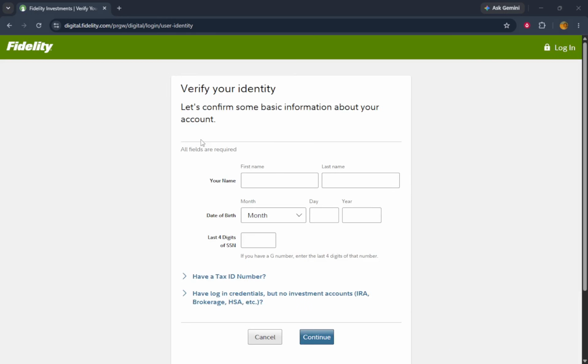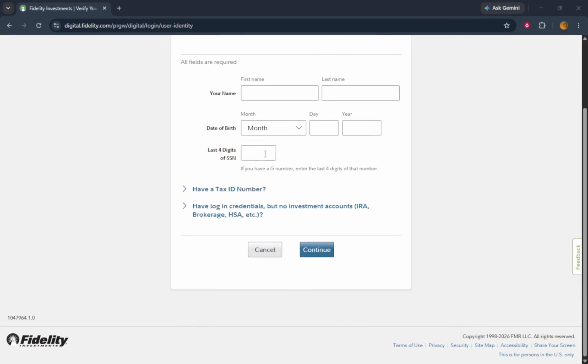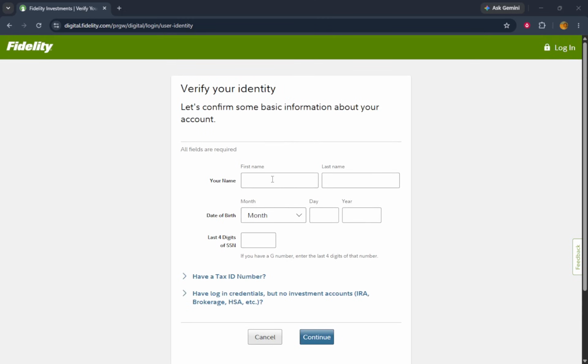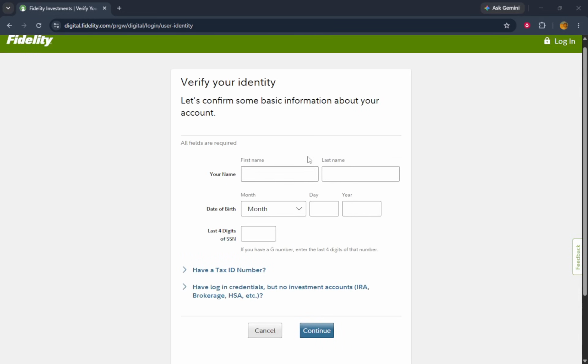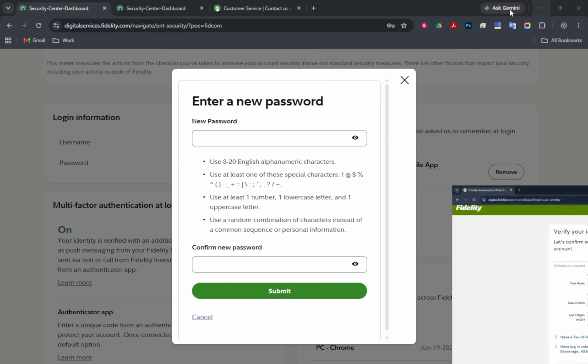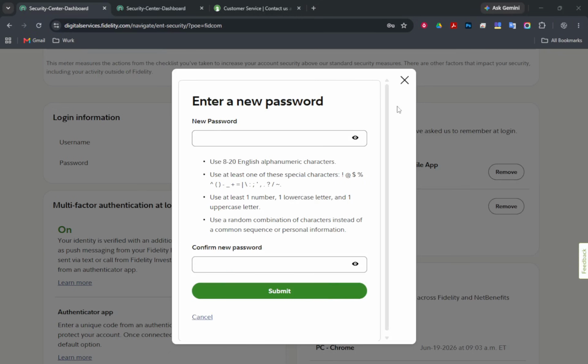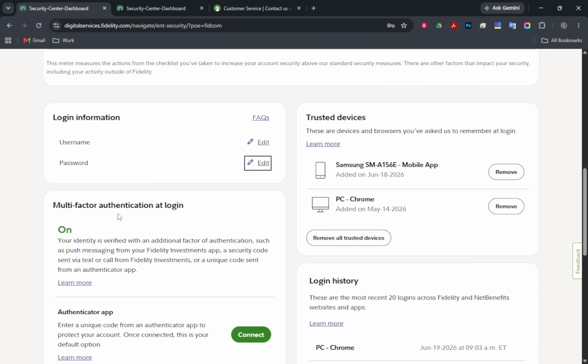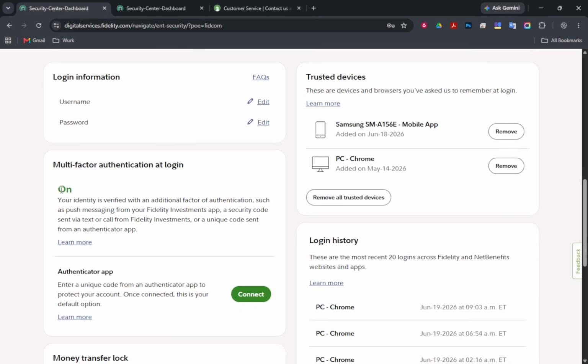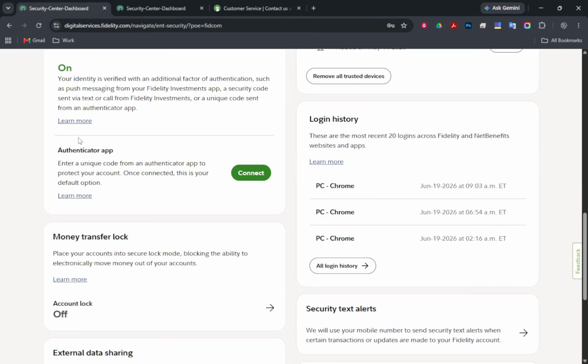One last tip, consider enabling multi-factor authentication, also known as MFA, for added security. This feature requires an additional verification step, usually a code sent to your phone or email. It adds an extra layer of protection, making it much harder for unauthorized users to access your account. Remember, using a strong, unique password and enabling multi-factor authentication significantly enhances your account's security. These small steps can save you a lot of time and trouble in the future by keeping your financial information safe.